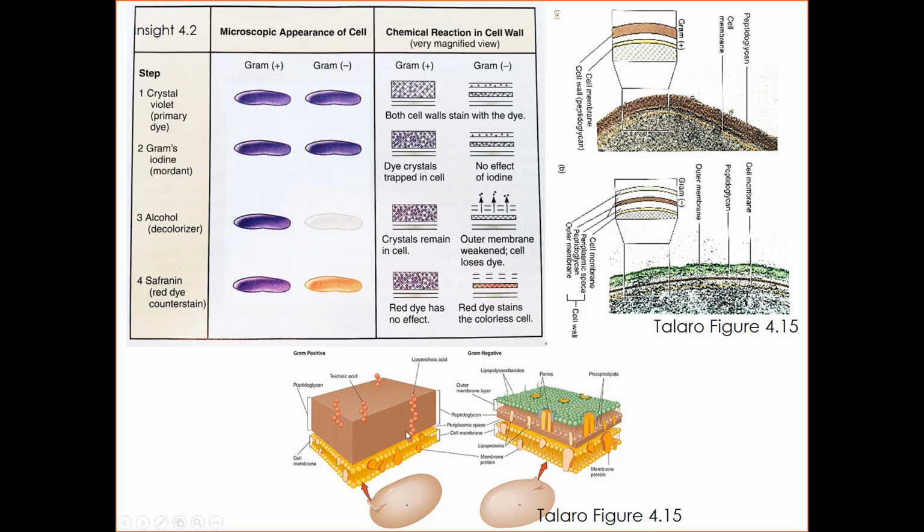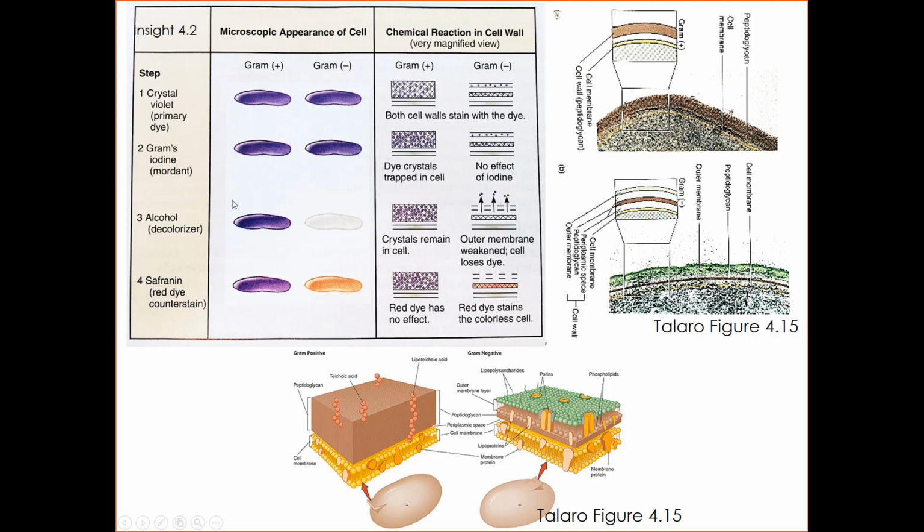Peptidoglycan is this thick outer layer here, and so that is the gram-positive with the thick peptidoglycan. Now, gram-negative cells have a very thin layer of peptidoglycan, and so there is some cementing there, but not nearly as much. Not nearly as much peptidoglycan, so the crystal violet doesn't stick in as much. This was the important step that Gram discovered with his Gram stain technique.